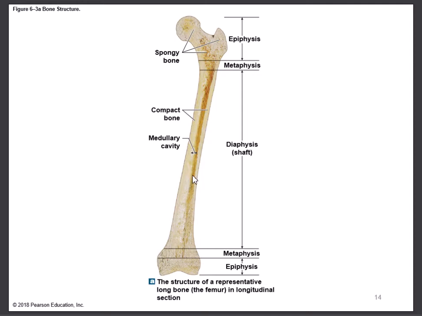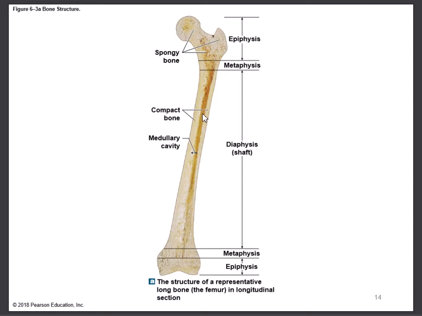Then inside the diaphysis, there's a canal right here called the medullary cavity, or sometimes I even say the medullary canal. That's lined by a different bone. It's a more porous looking bone. You can see it up here a little bit. This is called spongy bone. So the diaphysis has two types of bone. It has the compact bone that's going to be on the outside, and look how thick it is. It's going to have a medullary cavity, and then lining the medullary cavity is a more porous type of bone